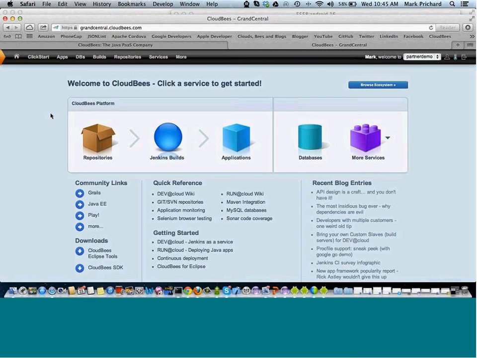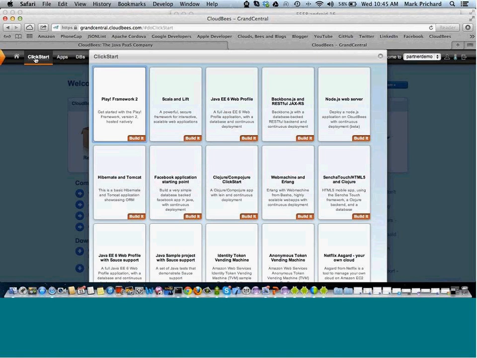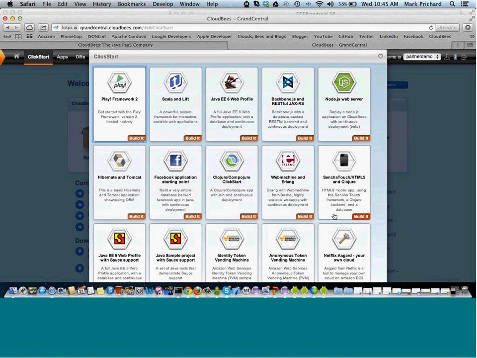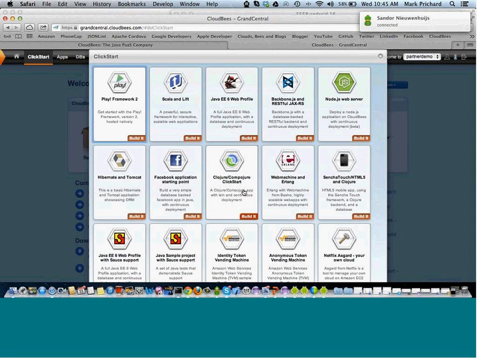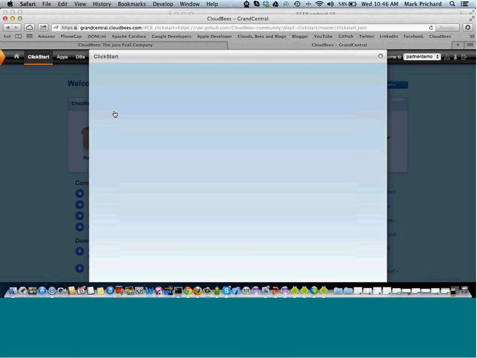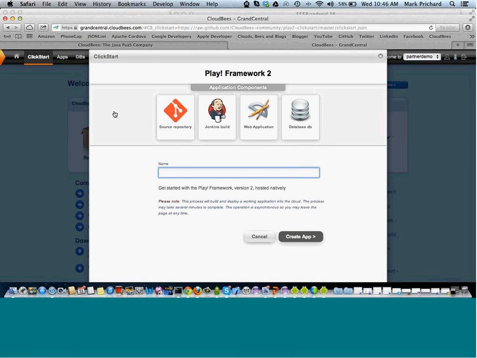But the easiest way to get started if you're new to the PaaS platform is simply to come in, go to Click Start, and this is where you'll see all these different projects in a box. So there are two that I mentioned, the token vending machine. But again, if you want to set up an application really quickly, let's say you want to get into Play or Scala or something like that, or you want to try something new, just click on one of those buttons. For example, I can just click on this one and it takes me through to a page like this,